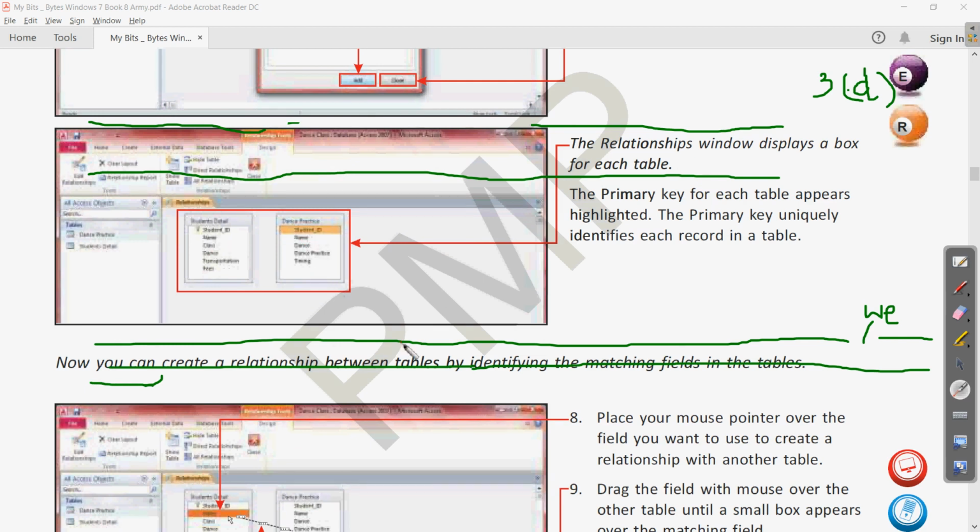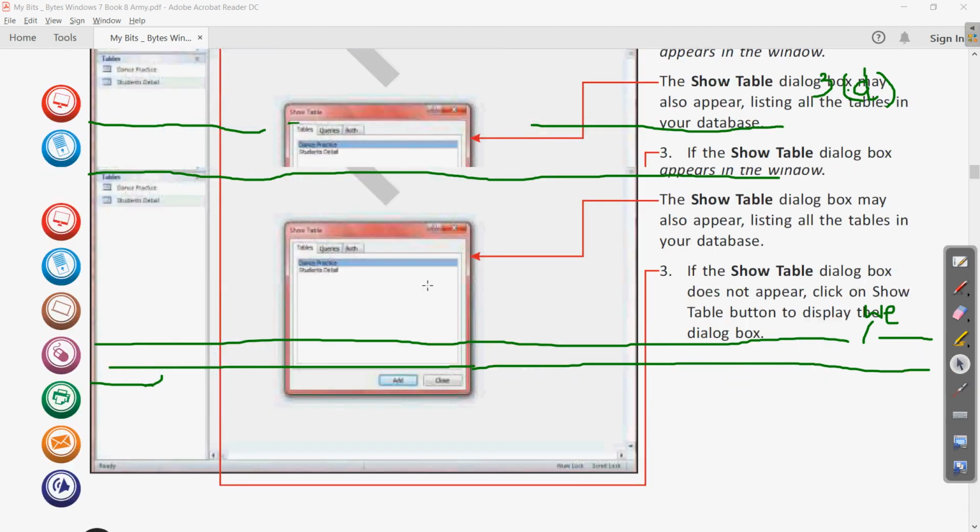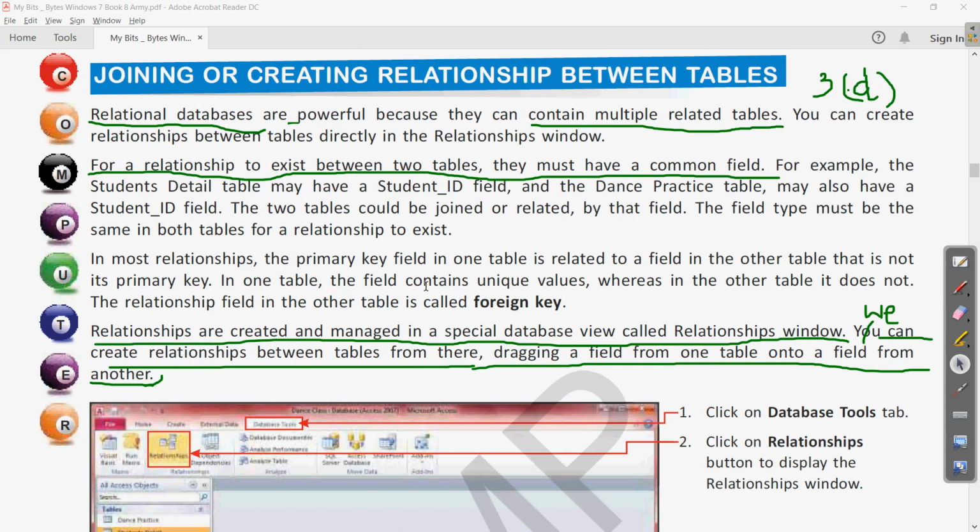So this was the step. The same we are writing here also. If you have already seen the steps earlier, we can easily write the answer as well. Okay, so pause it once and write the answer. First is what is the relational database, and second is what are the steps which are required to